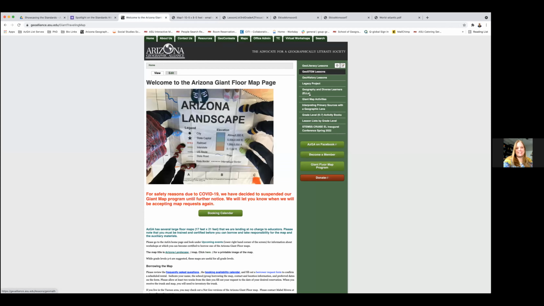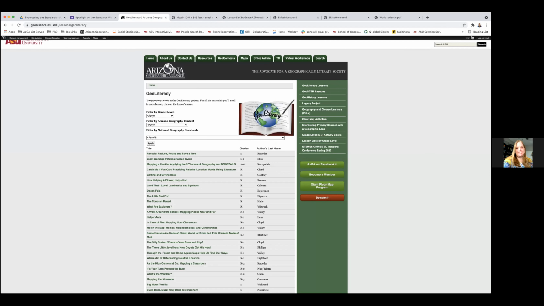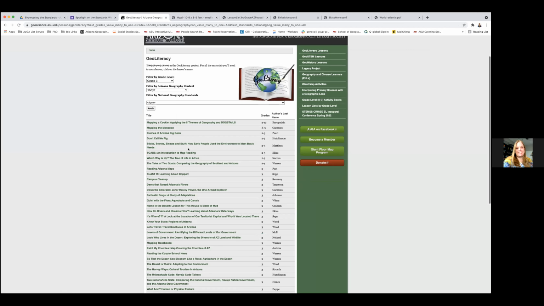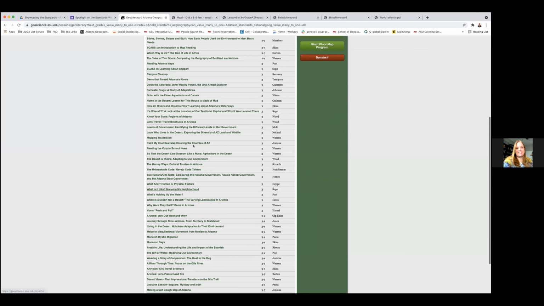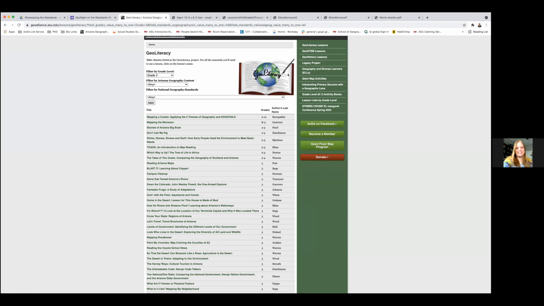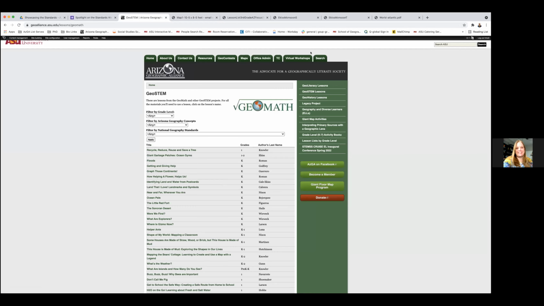But so we have this giant landscape map, and that's where we take, then if you look over here, this is where all our lessons live. We have the geoliteracy. We have all these lessons, and all you got to do is filter. You can filter by grade level and say, okay, I just need to look at my 3rd grade ones. I know there's a lot and I want to explore, but here's all your 3rd grade lessons that exist out there in just the geoliteracy, which means they all have a book or a story with them. Then we have some STEM lessons. We have some history lessons.